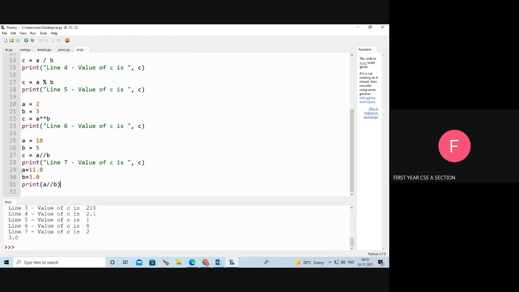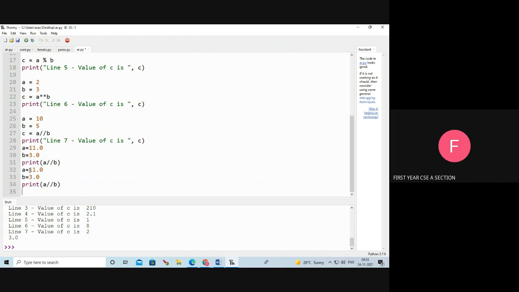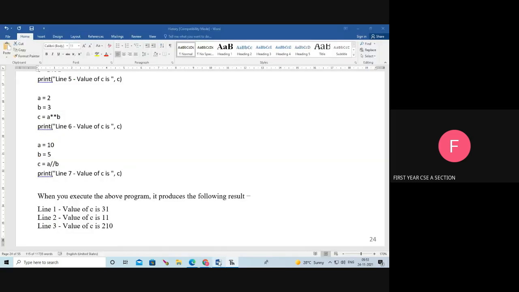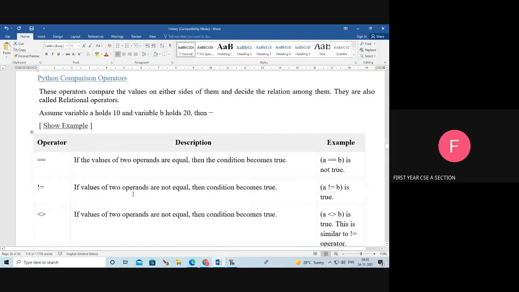Suppose one value is negative. See, we will run the program. See, it becomes minus 4. Can you understand the difference? See, both the variables are positive means it gives the value 3. Okay, one value is negative means it gives the rounded value, minus 4. Okay, that's all.